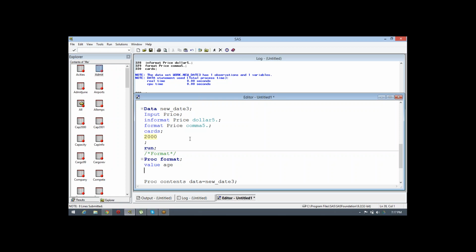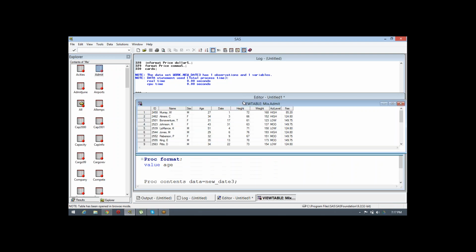Then you need to assign, for what value, what particular label should come. Let's suppose we have the age column.